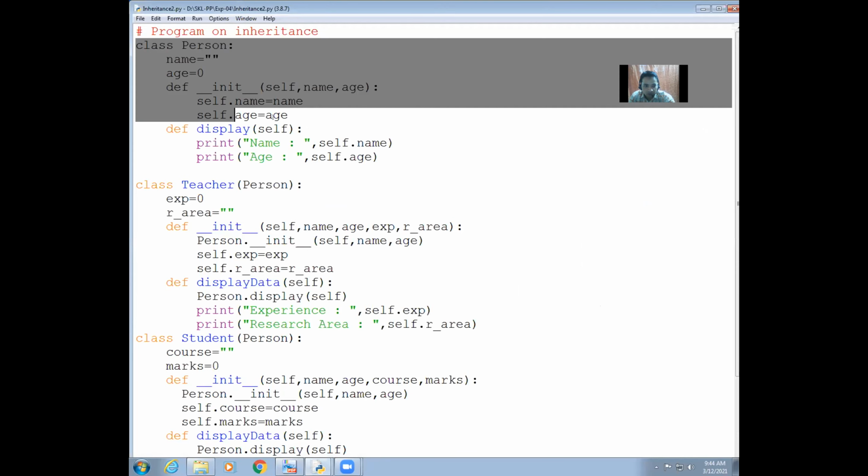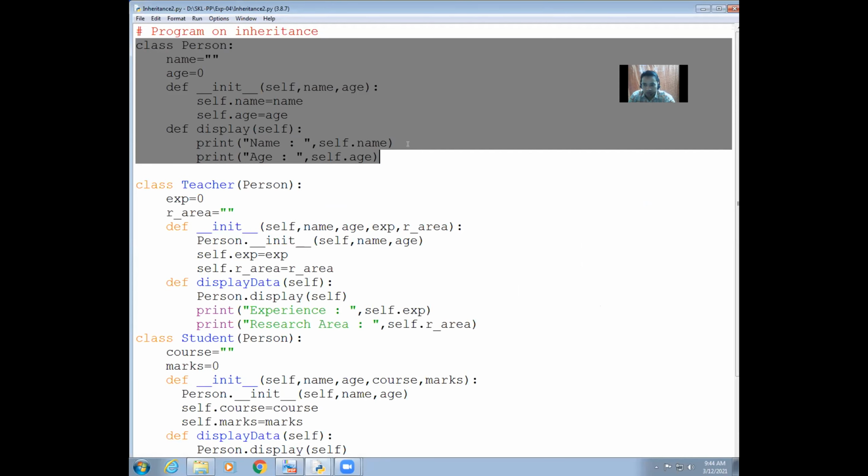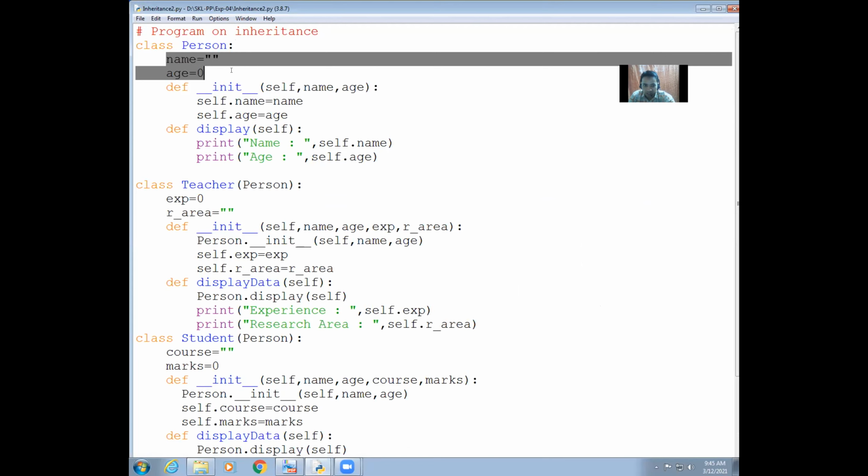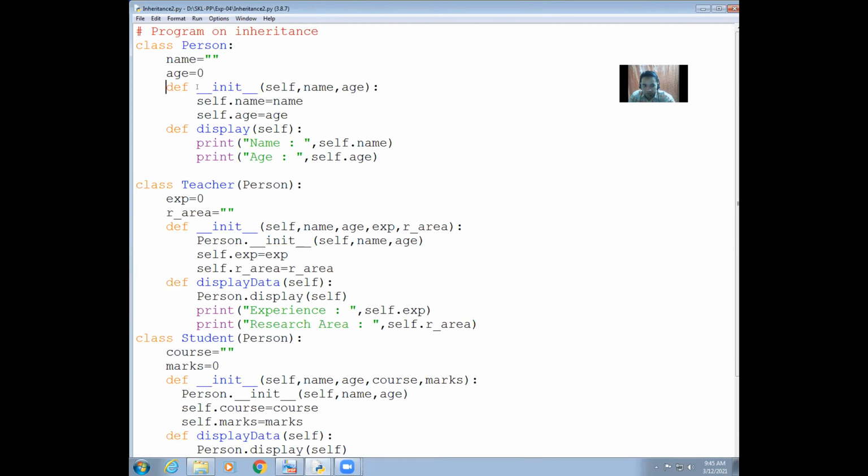This is your implementation of the person class. The class person is to be written, then colon mark, then indentation. Two variables are declared, name and age, like the previous one. Then def __init__. Why are we writing this one? Can anyone reply? Why are we writing def __init__? Sir, for making a constructor. Yes. To define the constructor, we are using __init__. If you want to define a constructor, then you can use such a method.